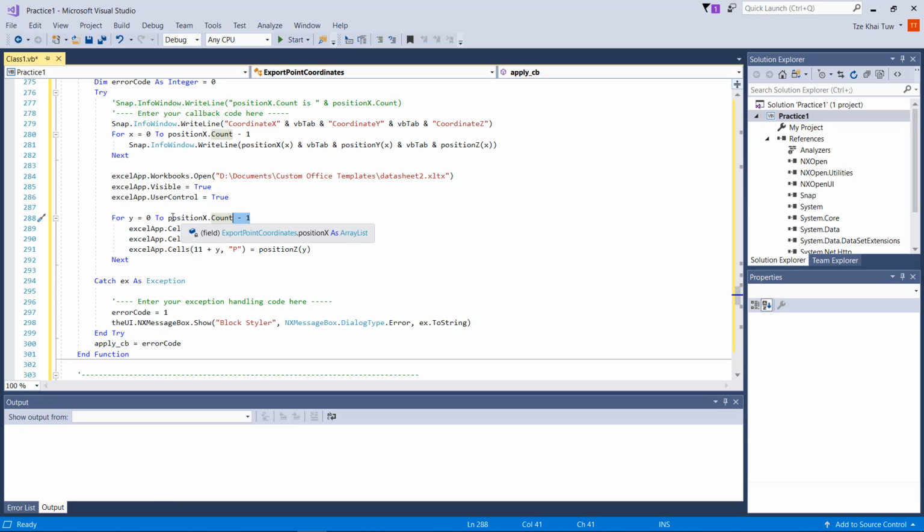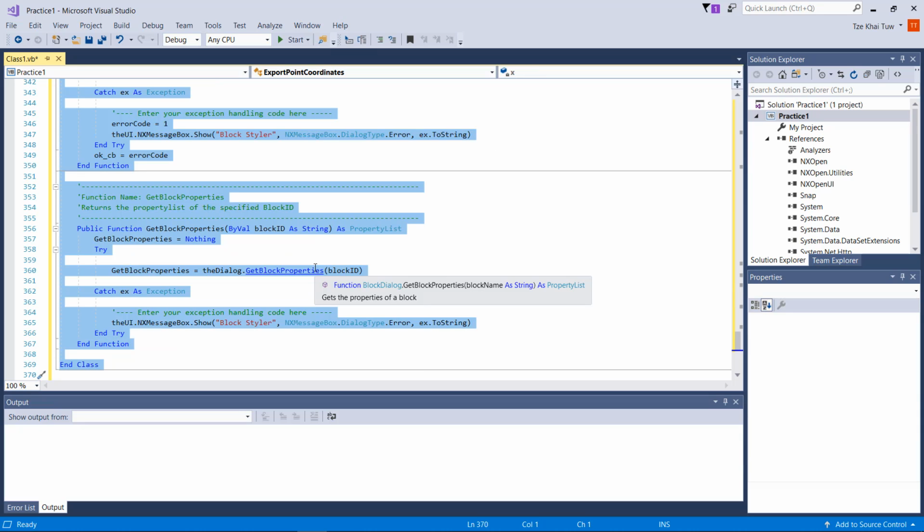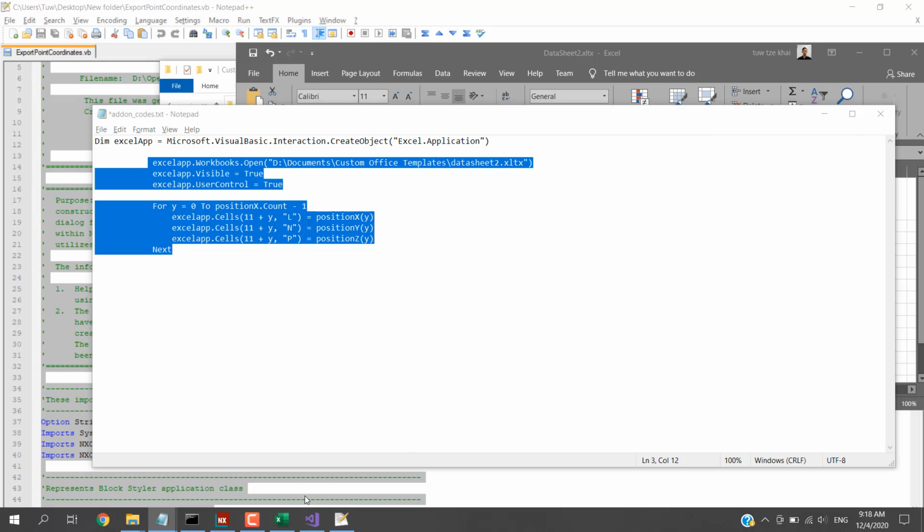the array. This is actually an array. The array index is always starting from 0, so we need to -1. If this is starting from 1, then -1 is not required. But for Visual Studio, it is from 0. So by doing so, the script that we have done is actually completed. What we can do is just Control A again, Control C to copy everything, and then we'll move on to